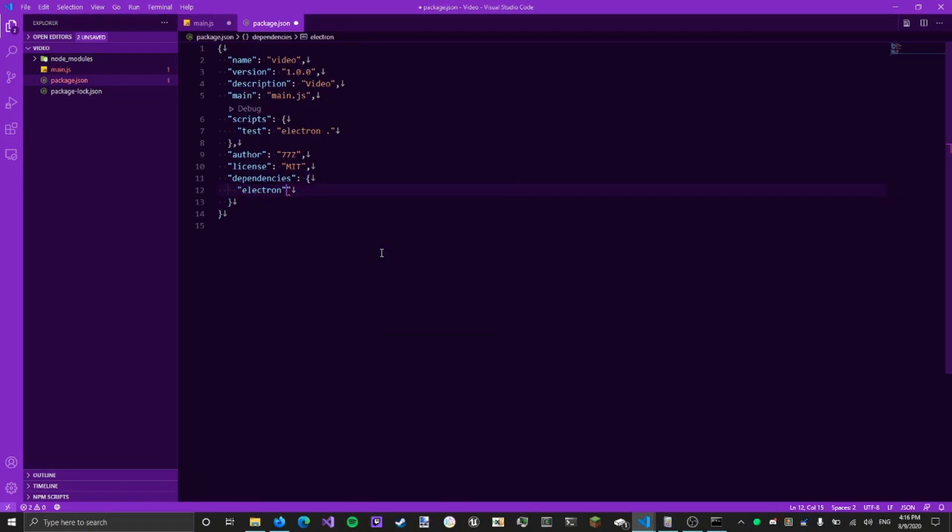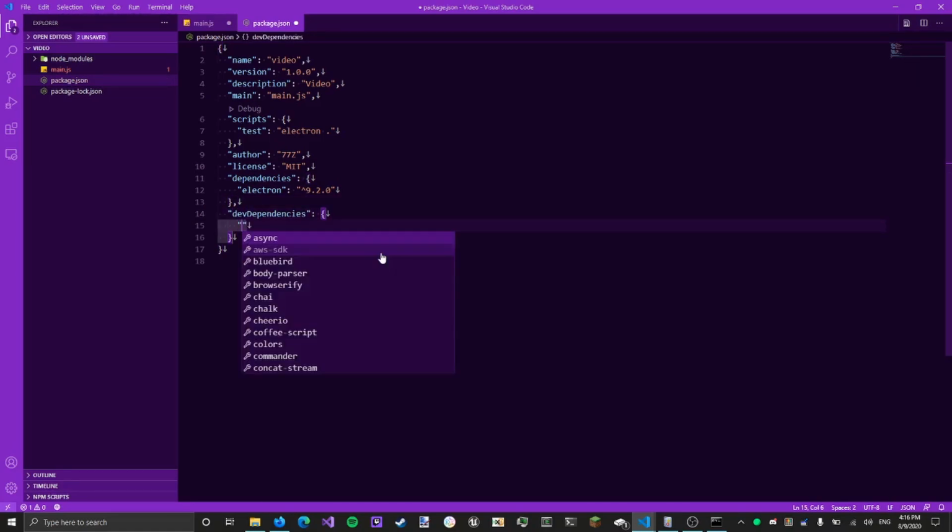I can put the version here, but it doesn't like it being in the dependencies, so we can set this to dev dependencies and put